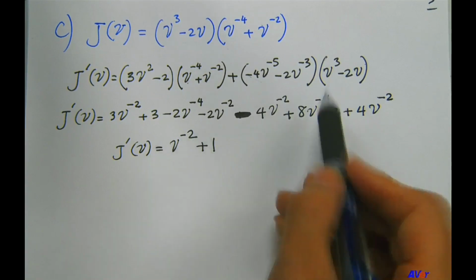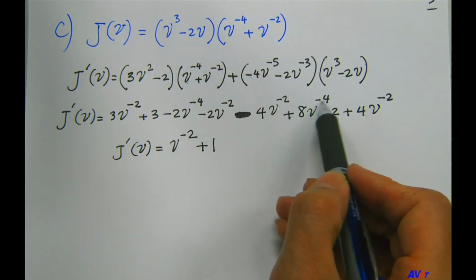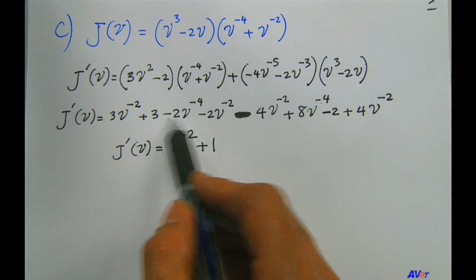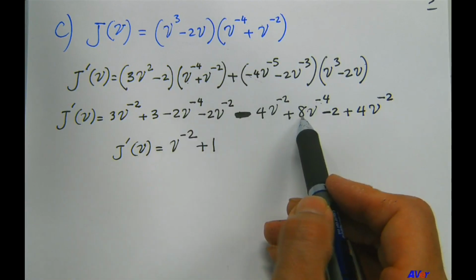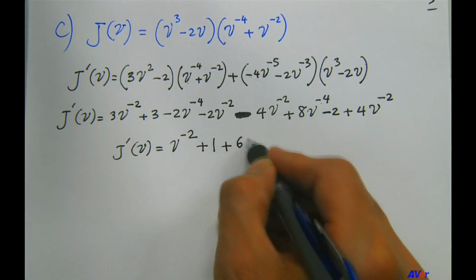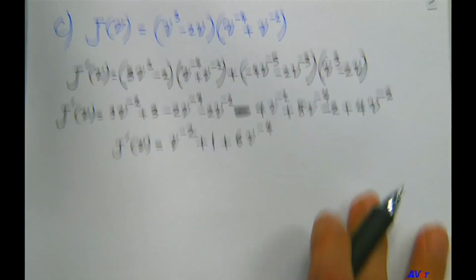And then what else do we have? Powers of v to -4 power. We have 2 of them, -2 and +8. So that's +6 v to -4 power. So we can